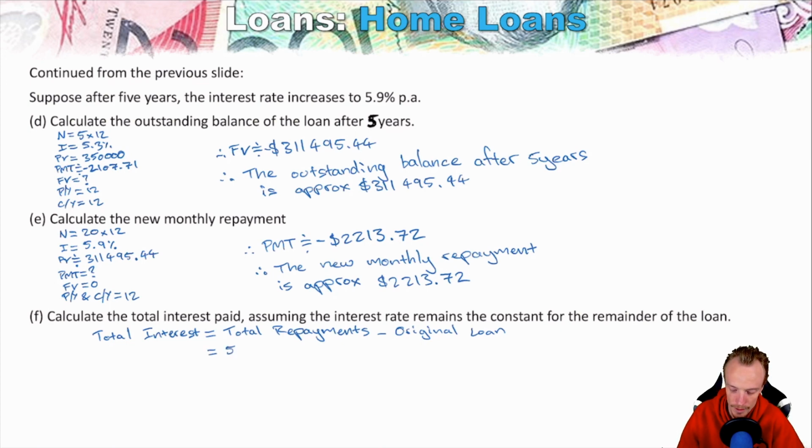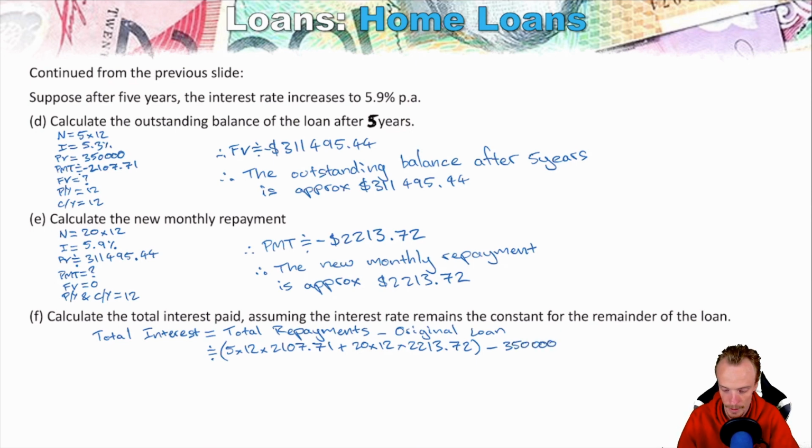So for the first 5 years, they were monthly repayments, and those monthly repayments were approximately $2,107.71. All right. Like I said, I like to put brackets here so you'll most notice me do that. But we also had more than that. So we had another 20 years of monthly repayments that were approximately $2,213.72. So you can start to see here that suddenly the calculation of total repayments grows in complexity. So we now need to minus our original loan here of $350,000